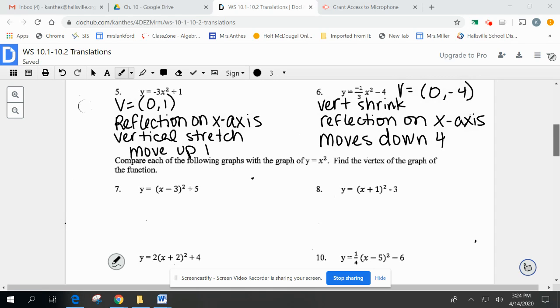Okay, so the next part is compare the graphs and find the vertex. So we're essentially doing the same exact thing, except these problems look a little bit different. So notice this has a parentheses, x minus 3, and then a plus 5 at the end. This actually makes it extremely simple to find your vertex. What this does